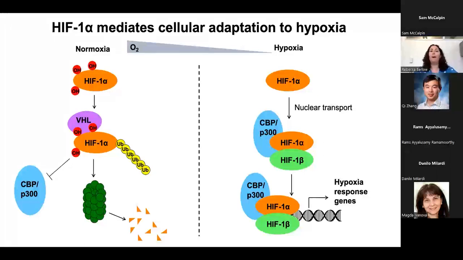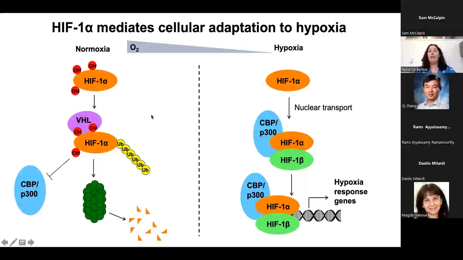And so under normal oxygen conditions, this pathway is not active, and that's simply controlled by the stability of the HIF1 alpha protein. So under normoxic conditions, HIF1 alpha is hydroxylated at 3 sites, and these hydroxylation events trigger it for interaction with the VHL E3 ligase, which targets it for degradation by the proteasomal machinery. And it also serves to inhibit a key interaction between the C-terminal disordered domain of HIF1 alpha and the TAZ1 domain of CBP and P300.